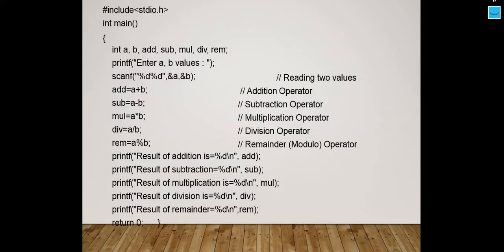So this is a code. It is as simple as a simple C program. You are printing a statement to instruct the user to enter two values. Then you are scanning those variables and fetching them from the output screen. Then you are using all the arithmetic operators, that is plus, minus, multiply, divide, and mod, and then printing the result, right? In order to execute this, I am moving the control directly to the IDE and I'll be solving this over there.